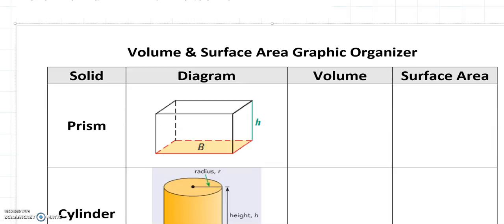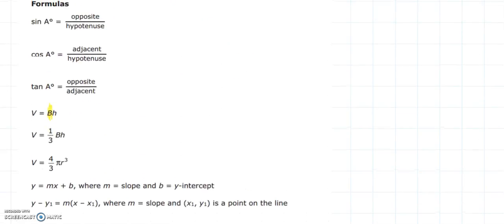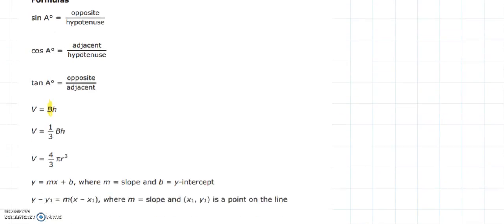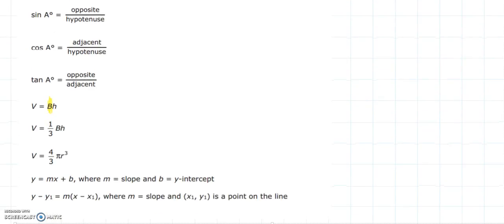Before we get into that, I want you to take a look at what you're going to get on the EOC. If you notice, there's not really much there. Sine, cosine, tangent, which most of us already know, and then 3 volume formulas. V equals BH, 1/3 BH, 4/3 pi r cubed, and none of those list which of your shapes that volume formula is for. So you have to make sure that you study your volume formulas because that's not really much